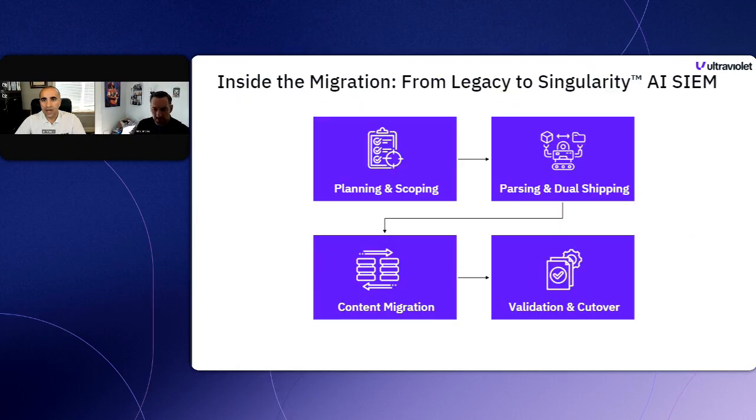And jumping in, you've got to have a visual of a flow diagram when you're doing a migration presentation, right, Nate? So here it is. Right. So what are the steps along the flow? Yeah. And so inside migration, we did multiple projects that we're going to refer to here,